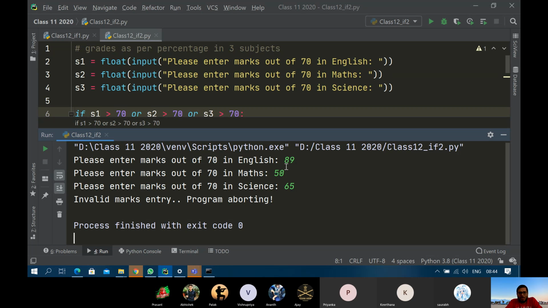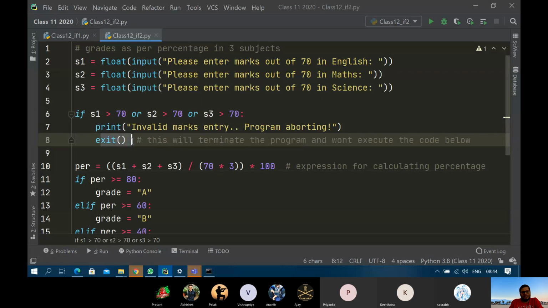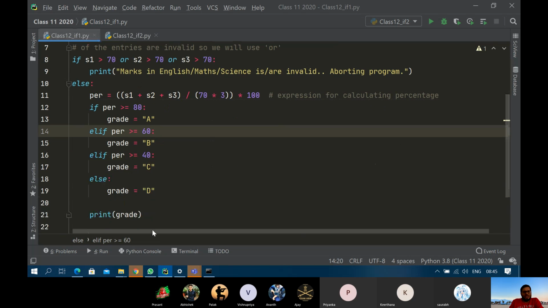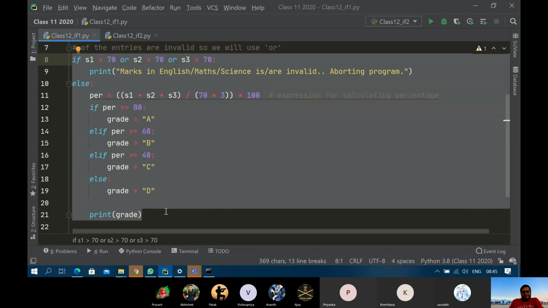ये समझ में आया कि how this, when you give more than this, it fell into the block, and the moment it fell into the block, it printed this message and then it exit. Either you can use exit to terminate wherever you are satisfied that the program doesn't need to go on further, or you can use if else structure like this. Okay,